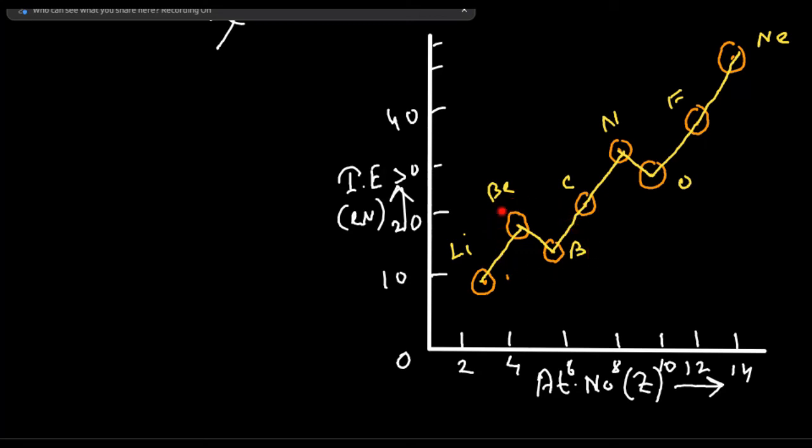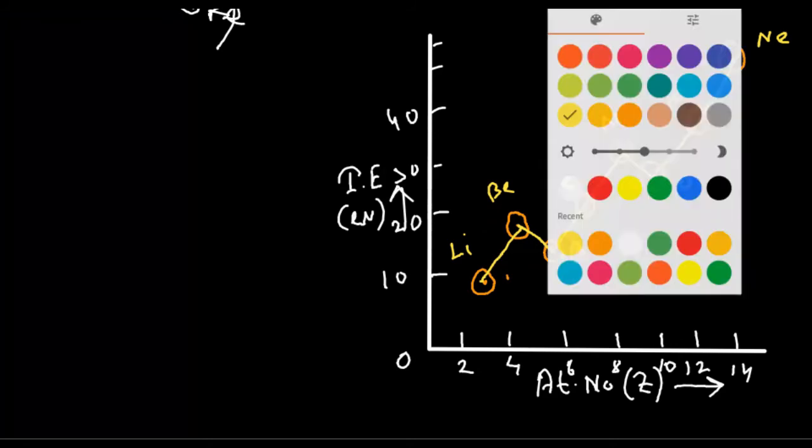It should increase as the atomic number is increasing. Similarly, for this case also, why is the ionization potential or ionization energy decreasing here? So we have to study about it. So our first question is: